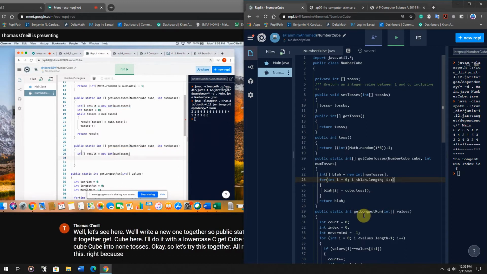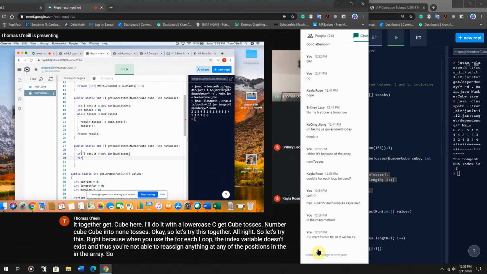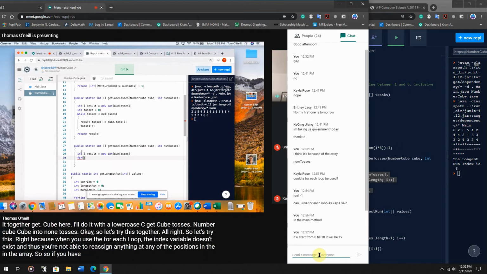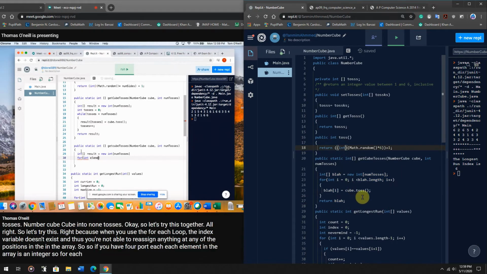Right, because when you use the for each loop, the index variable doesn't exist, and thus you're not able to reassign anything at any of the positions in the array. So if you have for each element in the array, the element is an integer. So for each element in the array result,